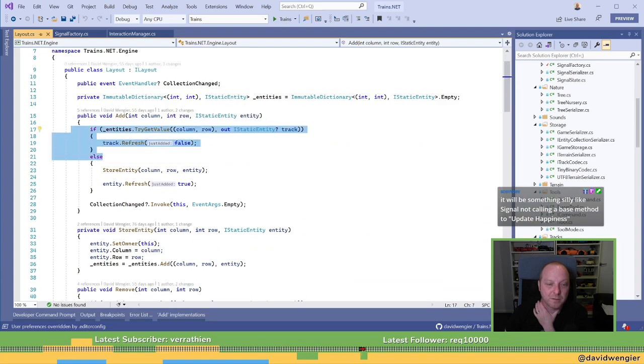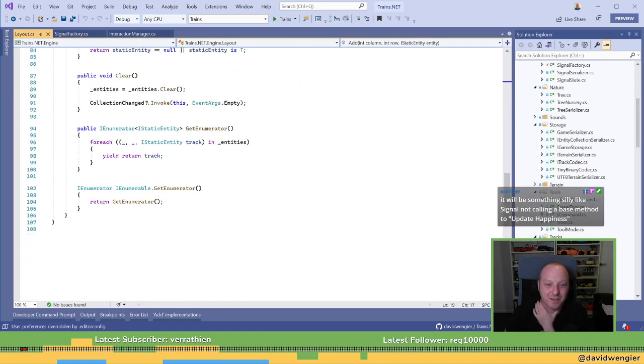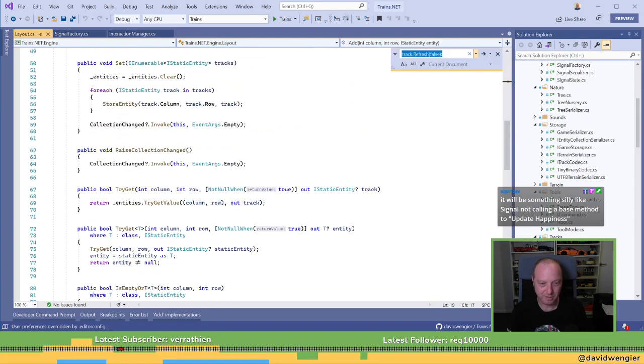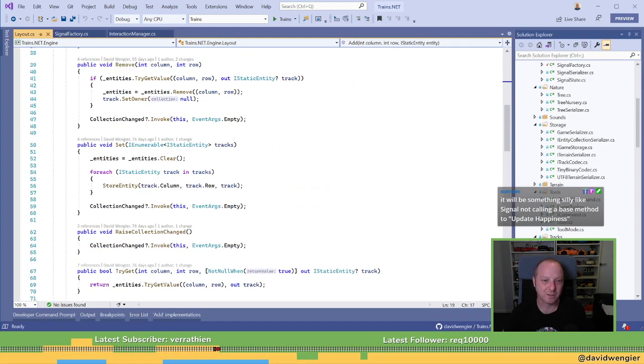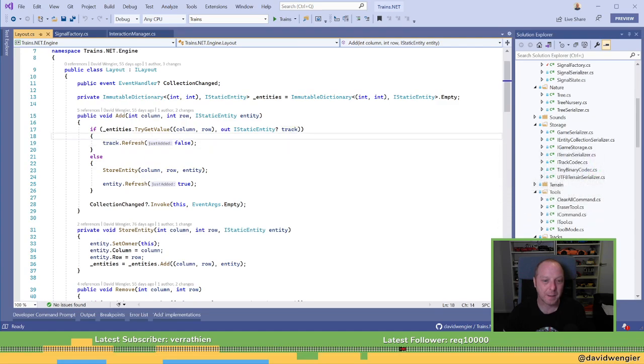And that would mean I can... I really want to get rid of this. I really do. And I really want to get rid of this set owner. Oh, do we not have set owner anymore? Oh, that's good. Oh no, that's on track. Somewhere. Yeah, set owner, this thing. I hate that. I want to get rid of that too.